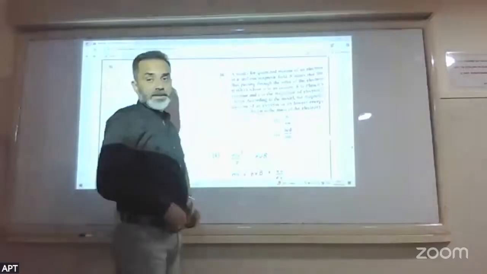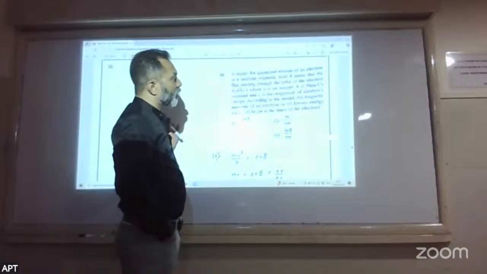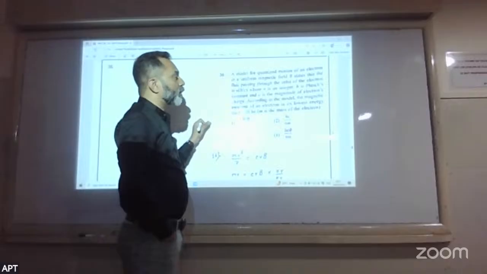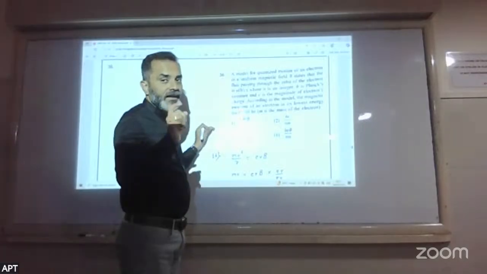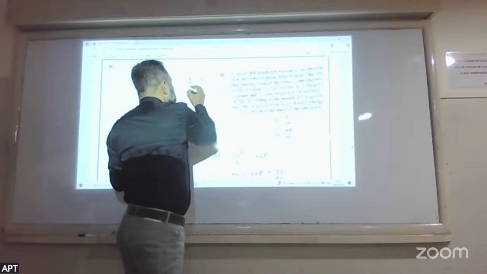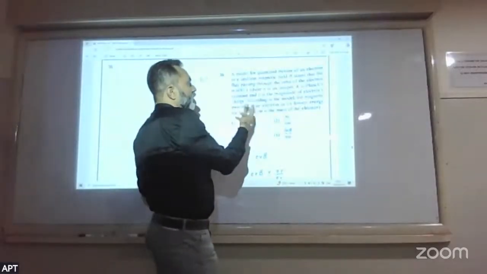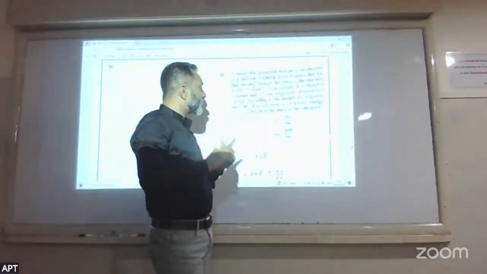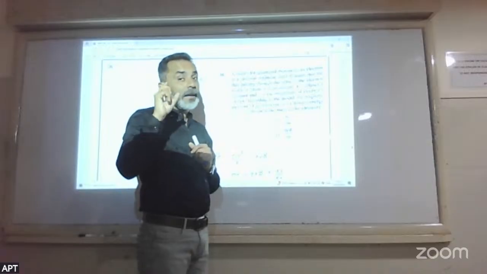Okay, nice question. Again, not that easy. A model for quantized motion of an electron in a uniform magnetic field states that the flux passing through the orbit of the electron is nh by e. This is the flux given to you, phi. I hope you understand flux is B into A, the area, and this flux is given to me as nh by e. h is Planck's constant, e is the charge, you all know the things properly. The magnetic moment of an electron in its lowest energy state will be lowest, but if I take n equal to 1,